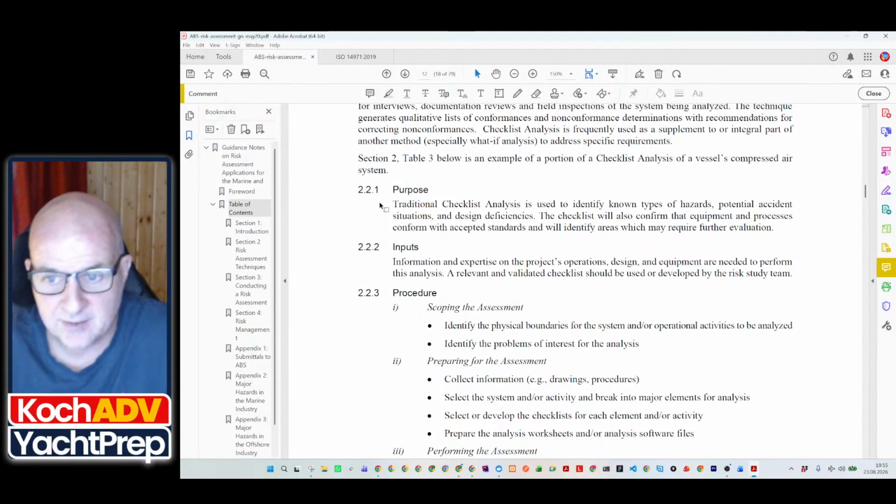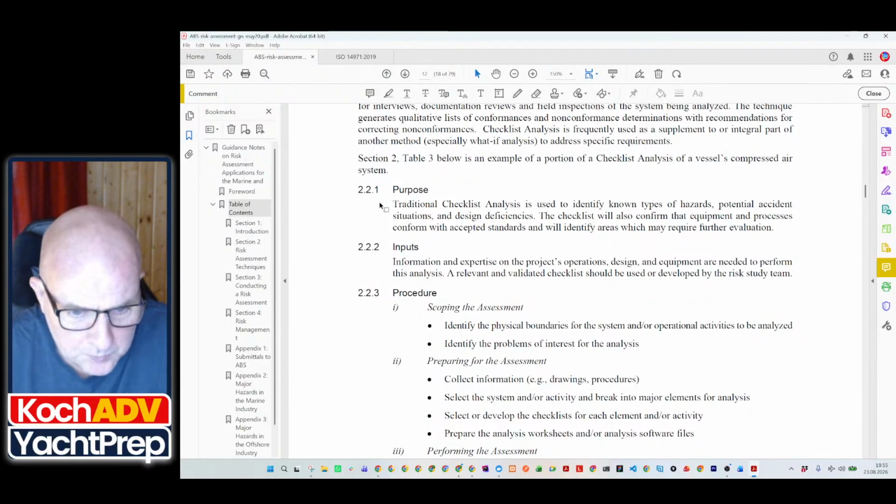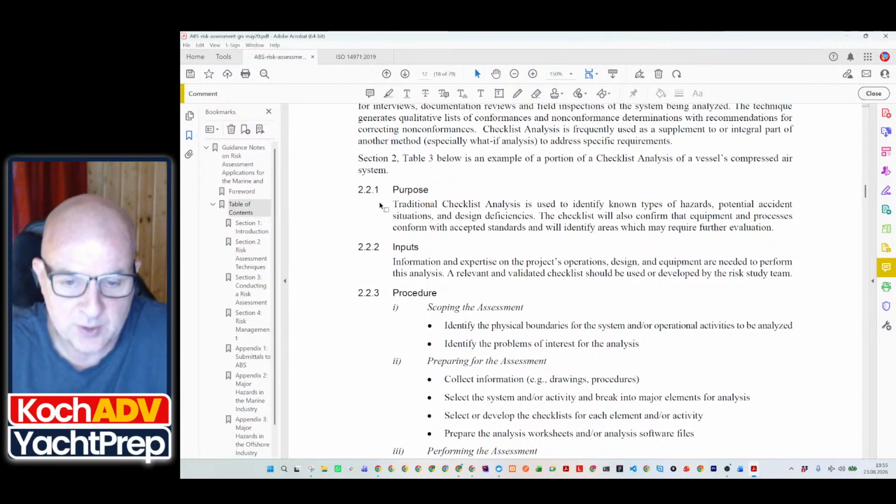So here you know the hazards and you know how to check them. The checklist will also confirm that the equipment and processes conform with accepted standards and will identify areas which may require further evaluation. So for example, we could say that potentially one of the accepted standards could be an ISO standard for the life raft,